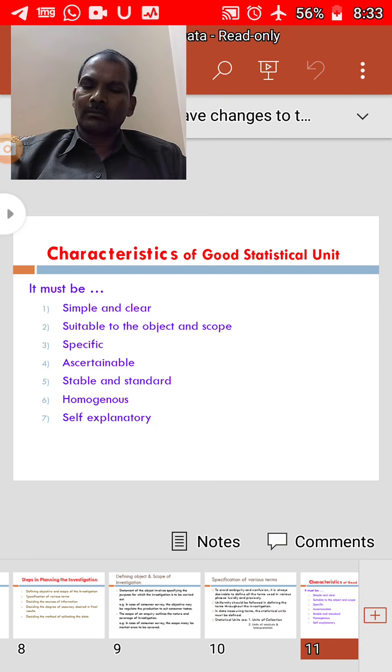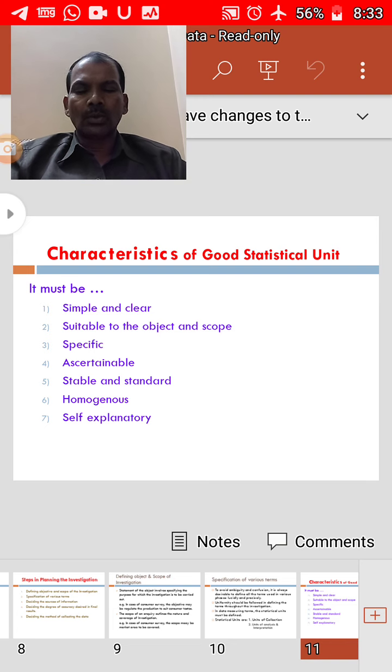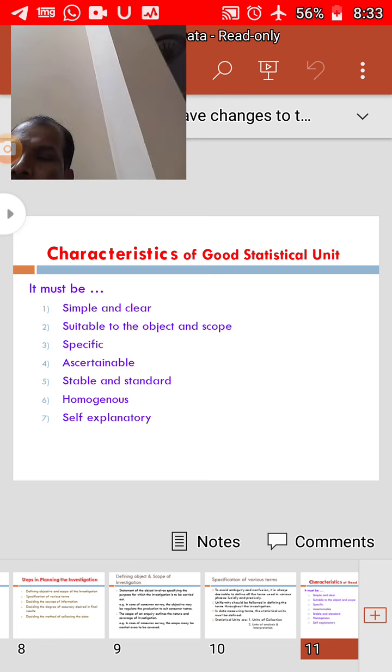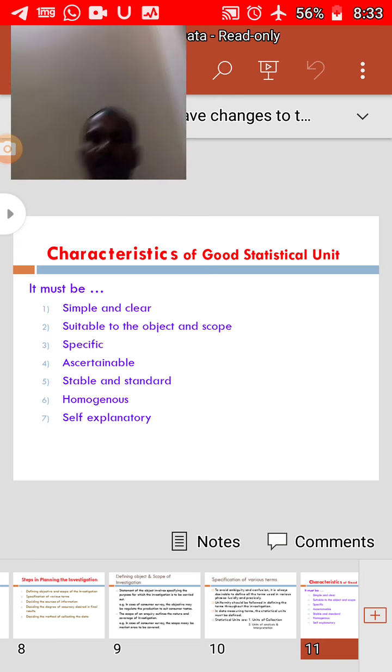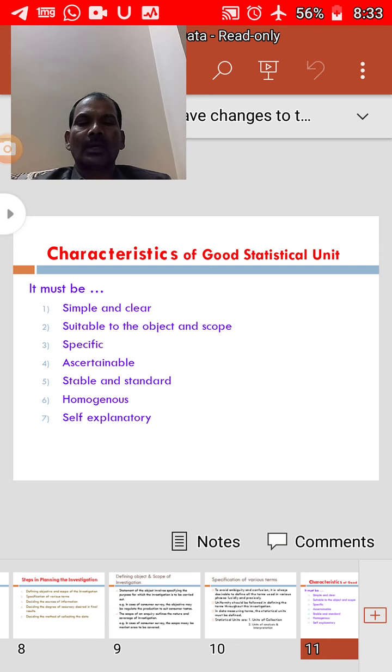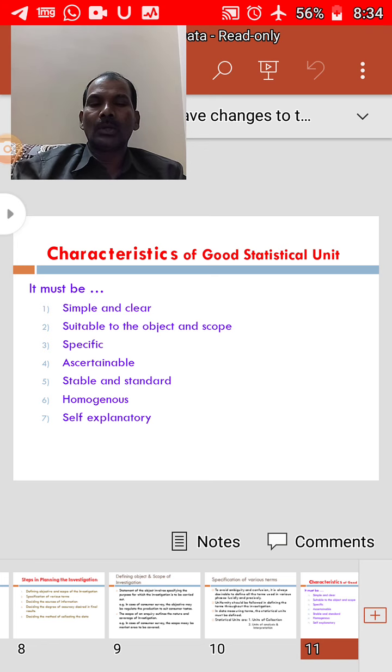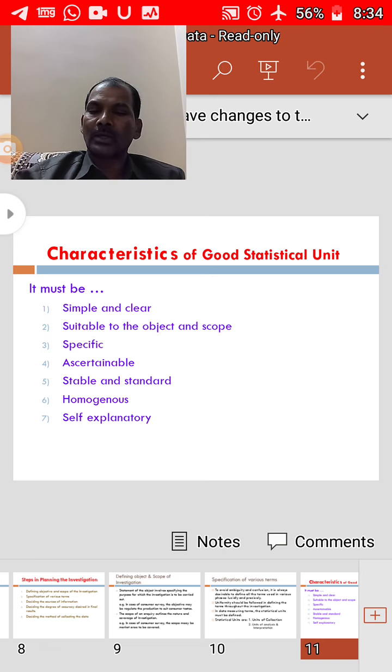Under units of collection, we will come across simple units, compound units, and complex units. Units of collection are specifications in terms of which data is collected, measured, and recorded. Units of collection must be defined clearly before the commencement of the investigation to suit the object and scope of investigation. A unit of collection may be simple, compound, or complex. A simple unit is a set of single condition or character. It is also known as a conventional unit.